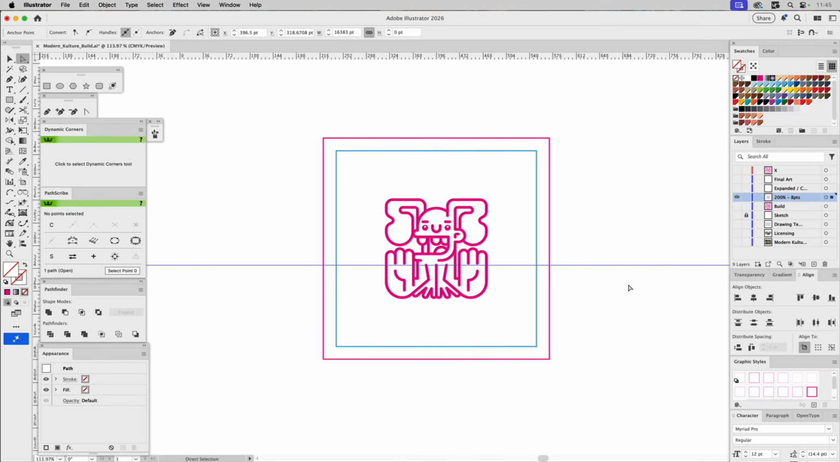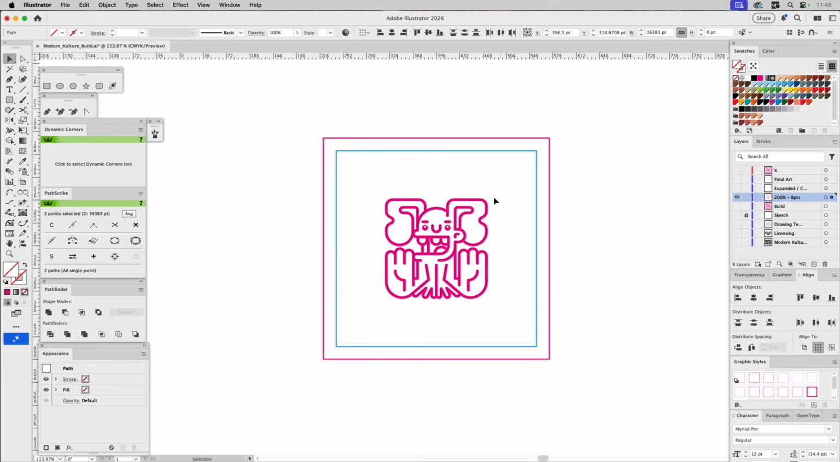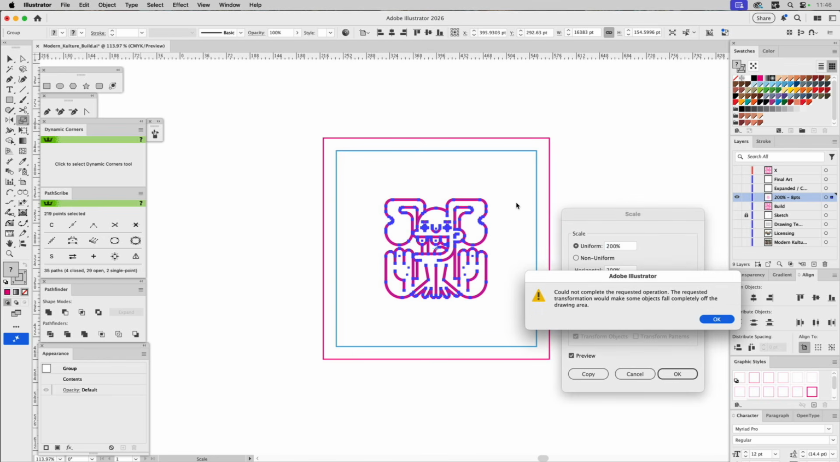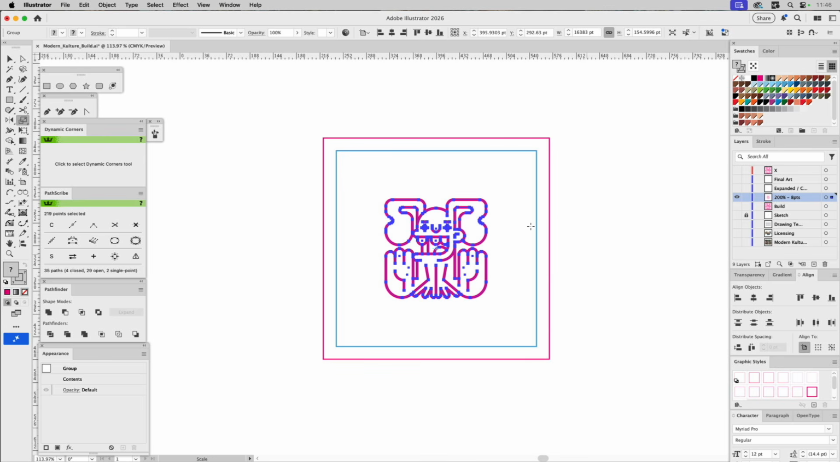I accidentally brought a guide with me. I'll get rid of that. Let's make sure it's in the center. This is where I'll blow it up 200%. You might be thinking, well, why don't you... it cannot request transfer? Okay, if you ever run into that,